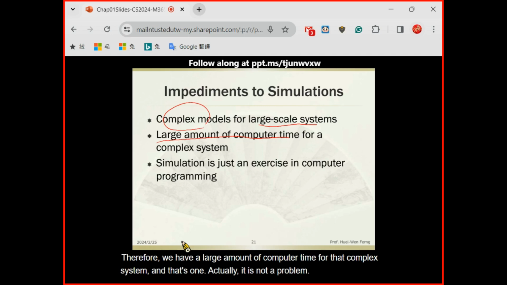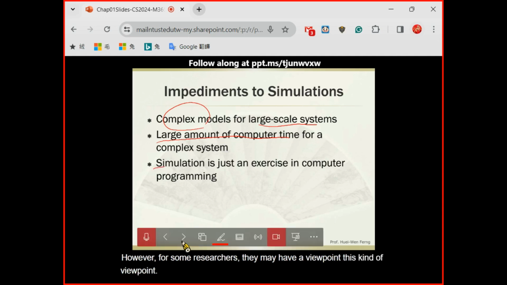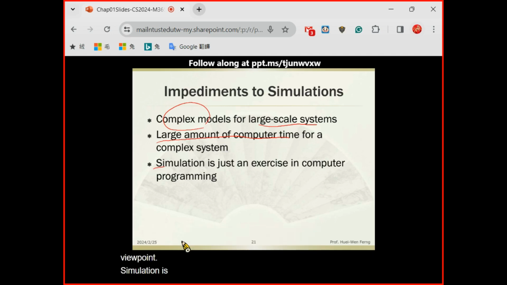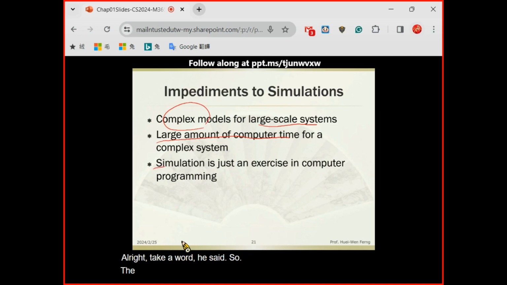However, some researchers may have a viewpoint: simulation is just an exercise in computer programming. You just have an exercise. It is not a rigorous tool. 这个问题是说它就只是一个好像是个练习，它有一点轻视说你用了 simulation。不过要说，既然是这门课用了 simulation， 当然 simulation 是一个重要的东西。